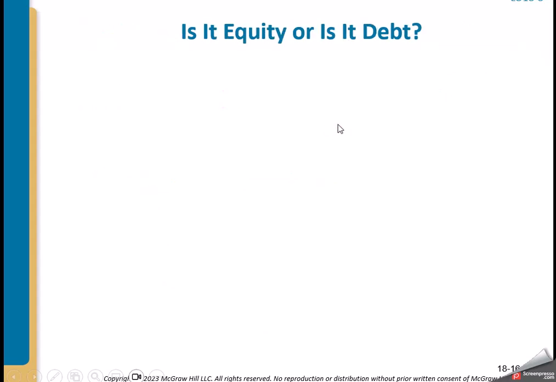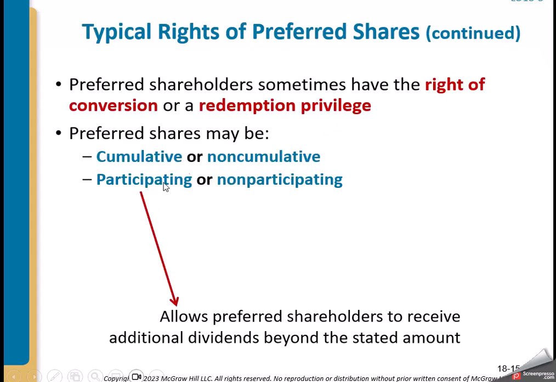So then these are the different types of preferred stock. It could be cumulative or participating. Cumulative means if the dividends are in arrears, if they haven't paid dividends for say 2 or 3 years, whenever they do, they've got to catch up on all those past due years for the preferred stockholders only. If it's non-cumulative, then they don't have to catch up. If it's participating dividends, then it's going to allow them to receive an additional amount over what's set forth in